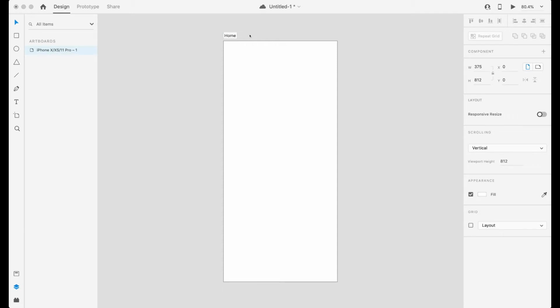As always, open your Adobe XD. I have already selected the iPhone artboard. This will be my starting point, and we're going to start from scratch. First, we need to set our guide for this project. Simply drag this out from the left-hand side and set them to 10 points from the left and the right side of the artboard, and also set the top to 15 points. Once we've set our guide,